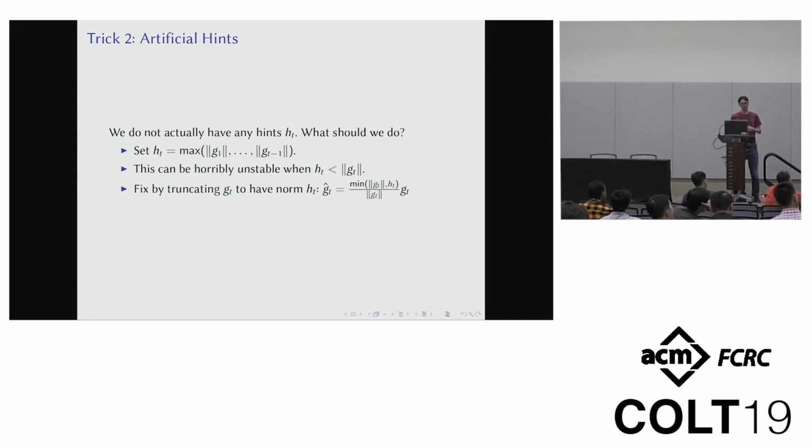So in order to fix this, we're going to lie to the algorithm again, right? We lied once, but as you know, if you lie once, you have to keep lying to support the lie. So we're going to give a truncated gradient g hat, which is just the gradient truncated so that it is in fact less than the size of the hint, right? So now there's a sort of issue where we've lied to the algorithm. It has good regret on the g hats, but maybe it still has bad regret on the actual g's.